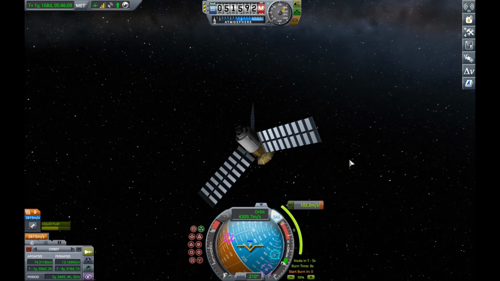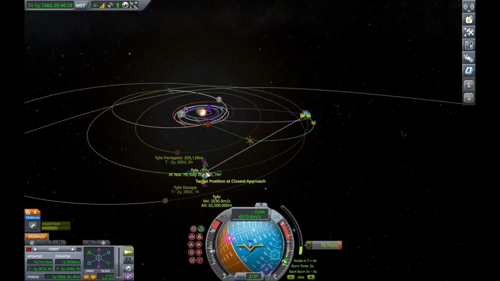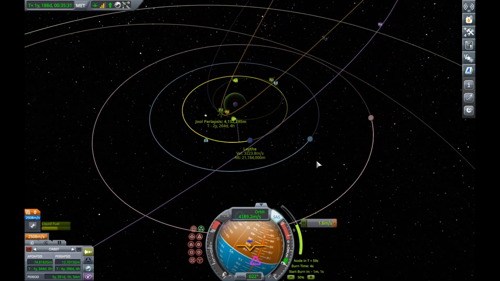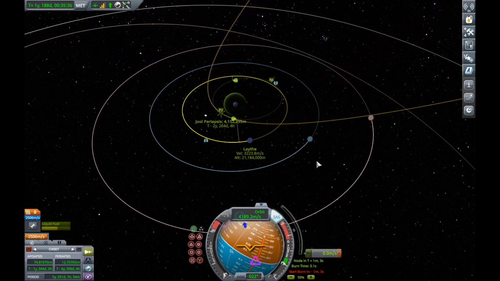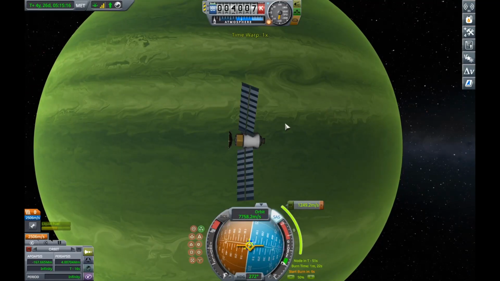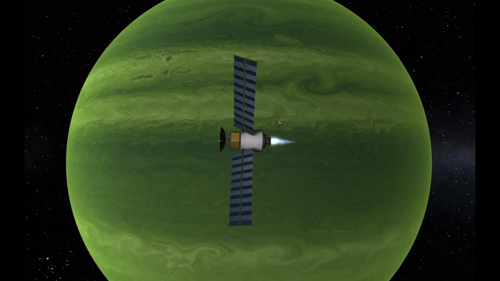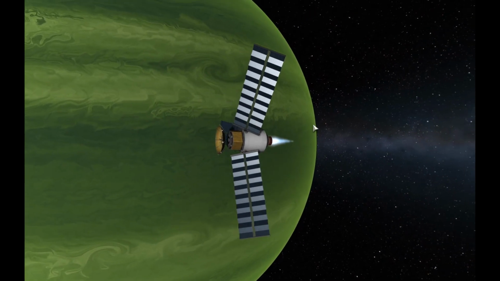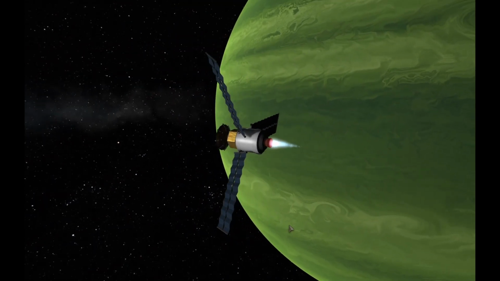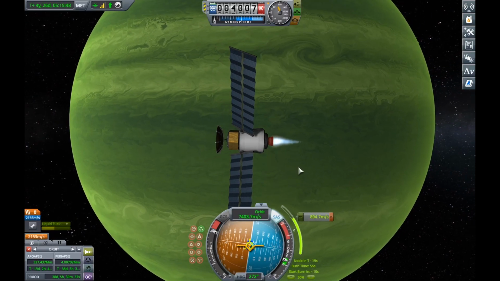So as you saw, I just finished my trans-Dual injection burn, and I planned on doing a small correction burn. However, I had to do a small correction burn just to really bring my craft into a nice enclosed Dual orbit, and there wasn't much to say. I just messed with the normal and anti-normal, and here's me burning around Dual to circularize,